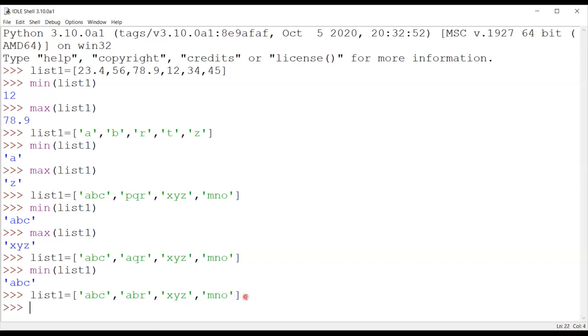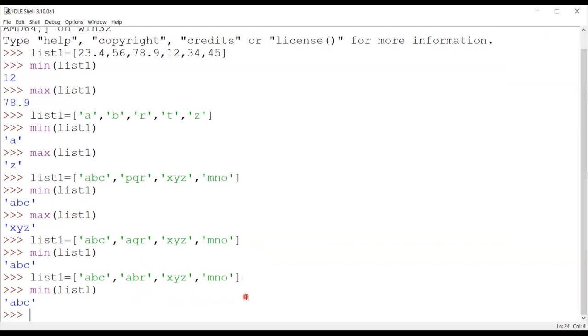Now, if I find out the minimum, then also I'm getting ABC because my third characters C and R are compared and C is smaller than R. That's why we are getting ABC as the smallest one. So this is how we compare the strings and find out the minimum or the maximum out of it.